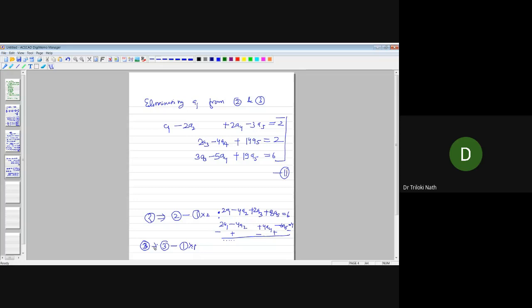Now this system is actually called the system 2. Let us call this system 2. Again, this is the first equation, this is the second equation, this is the third equation of system 2. System 1 is equivalent to system 2. That means the solution of system 1, that is the value of a1, a2, a3, a4, a5, is the same as the value of a1, a2, a3, a4, a5 from system 2. So both the systems are equivalent if and only if they have the same solutions. Okay, fine.